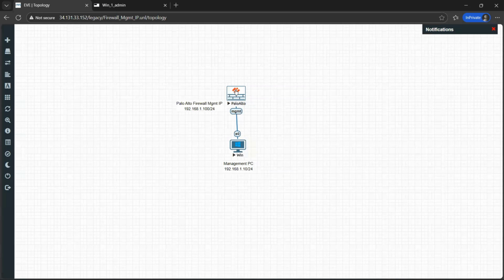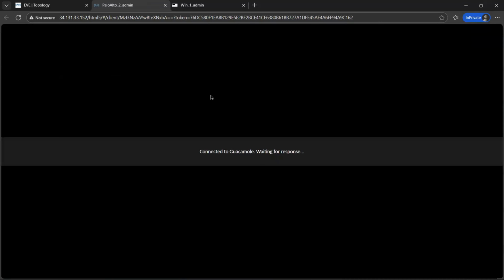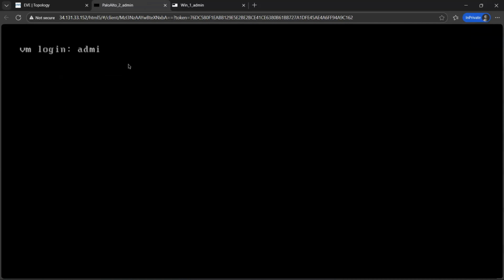Now let's move to the Palo Alto firewall. After powering it on, wait for a few minutes for all the background processes to complete.